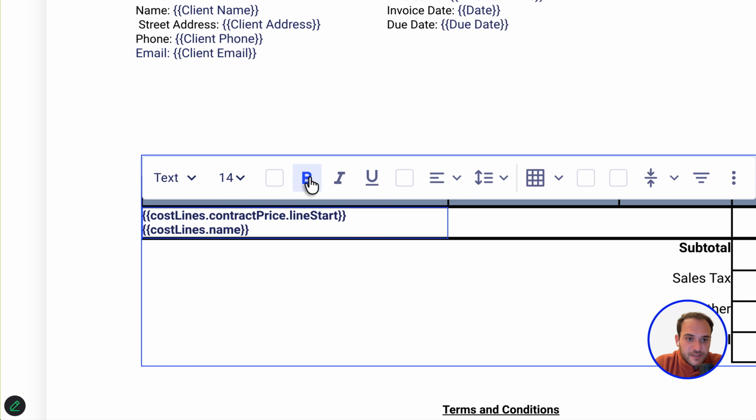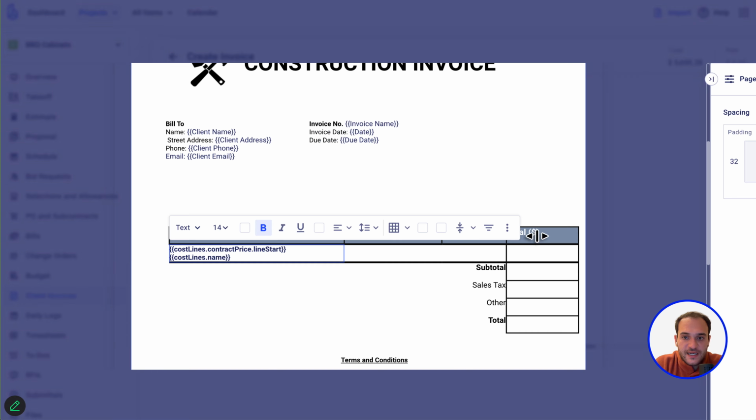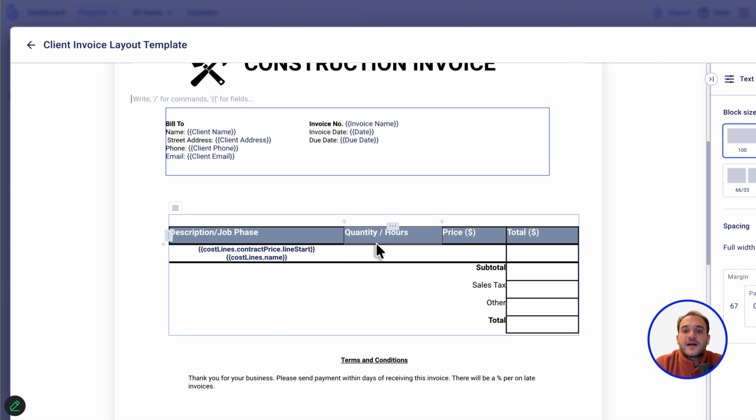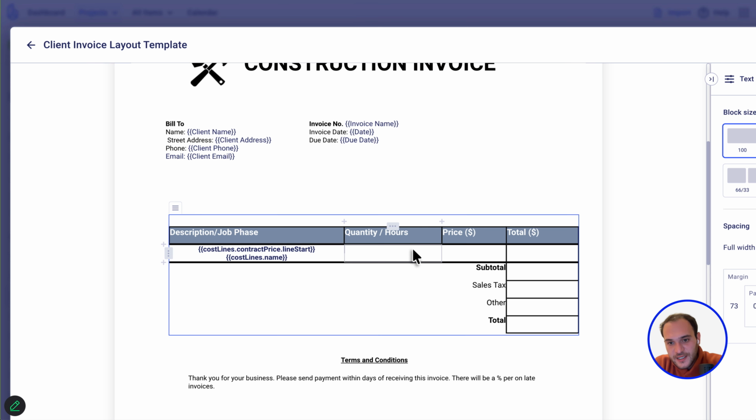I want this to be bold, and I want this to be aligned in the center. There we go. So then comes quantity. Instead of quantity, you know what? We can go with